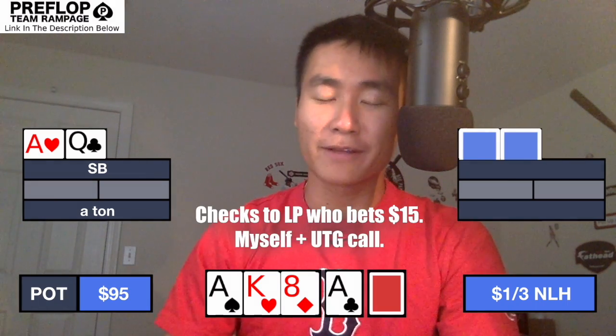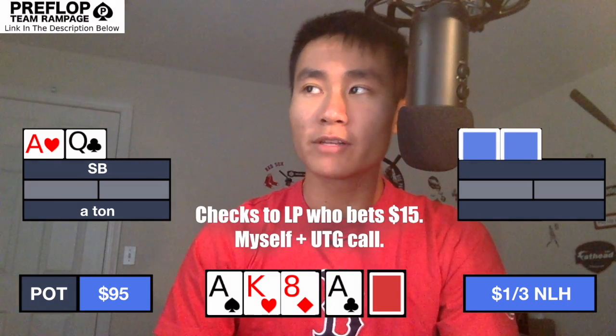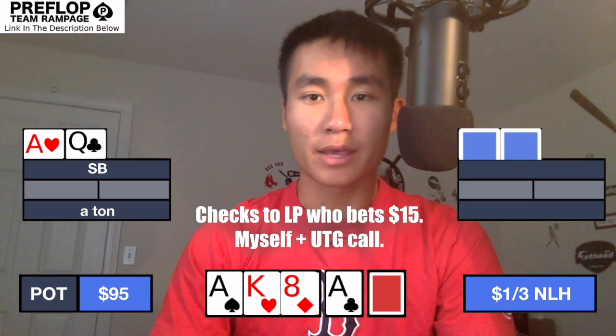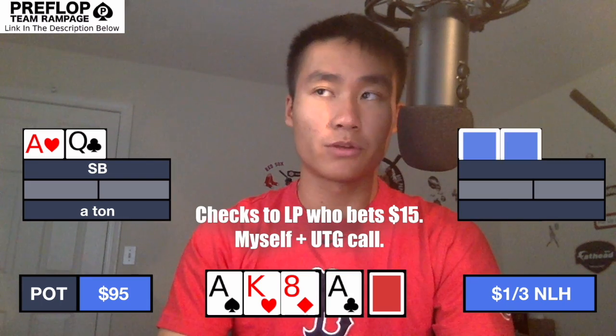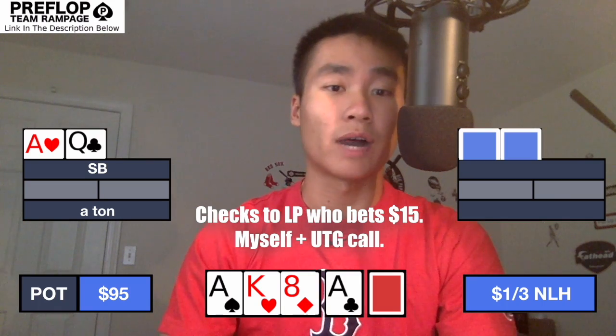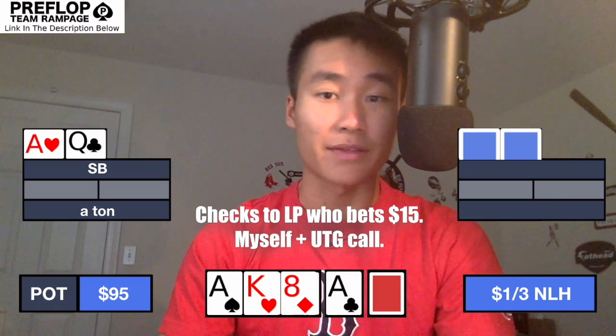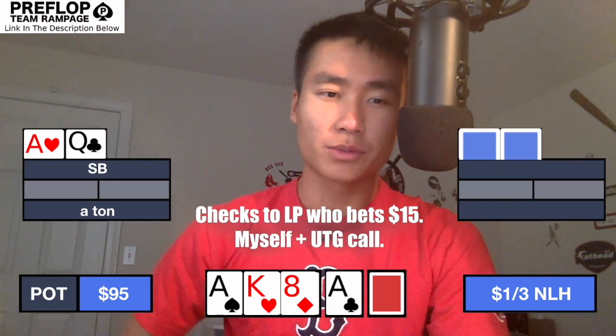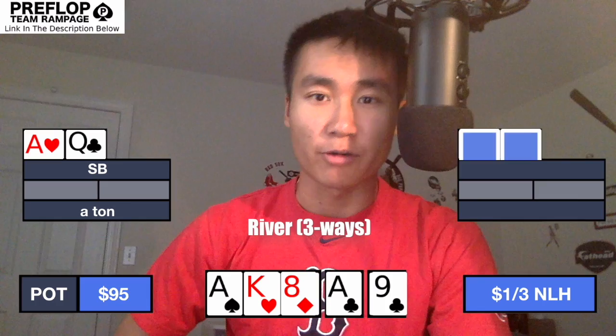Really small feeler bet, 15 into 60. Don't really feel like raising here just yet. I think I can do a number of different things on any rivers, so wanting to get other people involved, the next 2 guys, don't really want to scare them off ever, so I just flat the $15 and the under the gun player calls. With that said, we're going 3 ways to a river, which is a 9, basically a brick,